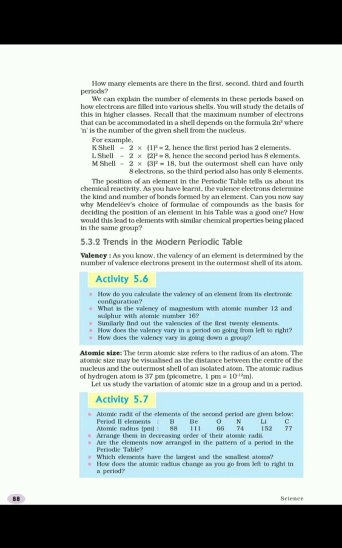the Bohr-Bury rule. We observed that there is a pattern in which elements appear in the periodic table, that is 2 in the first period, 8 in the second period, 8 in the third, 18, 18, 32, 32. So in the modern periodic table, elements are present in each period in a pattern, that is 2, 8, 8, 18, 18, 32, 32. Hope you understood the position of elements in the modern periodic table.